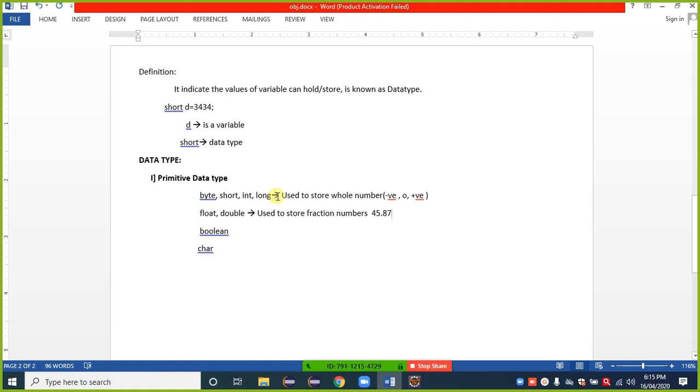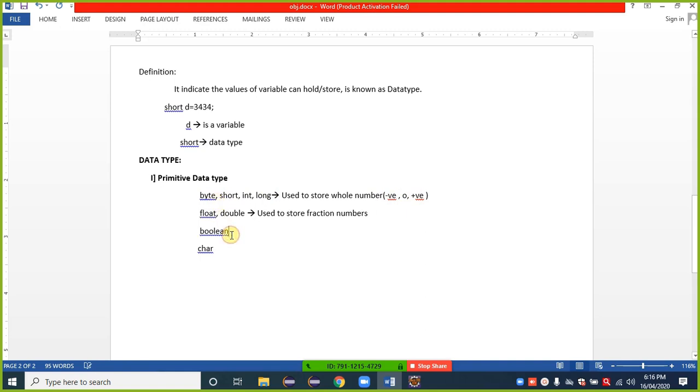Keep in mind, if I try to use byte, int, or long, I get an error from Java. In case of a fraction or decimal, always go with float or double. And in case of a numerical value that is negative, 0, or positive, always go with these four primitive data types.